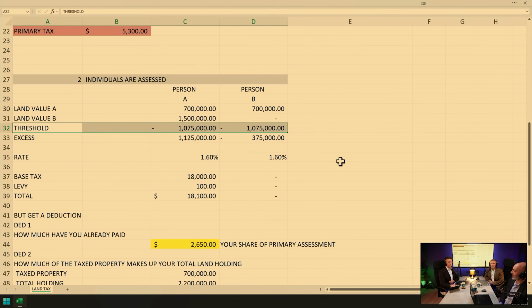That's right. That threshold, Dom, is that indexed or is it static? It is indexed. However, the lovely government left it unindexed for 1 year, and what they also do is they work on the value of general. They give 3 years, so 3 years of average land value, and then that's a rolling figure. The threshold is normally indexed, but they've left it unindexed just so that more people get captured.